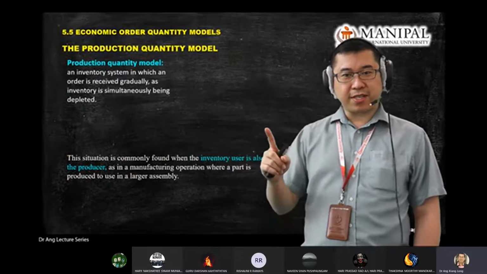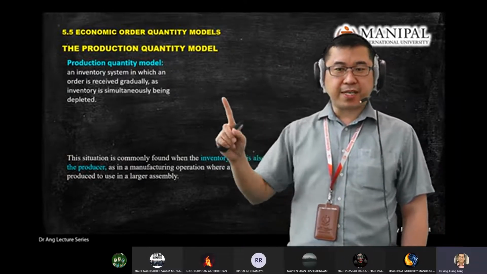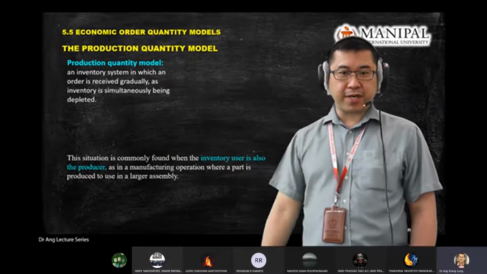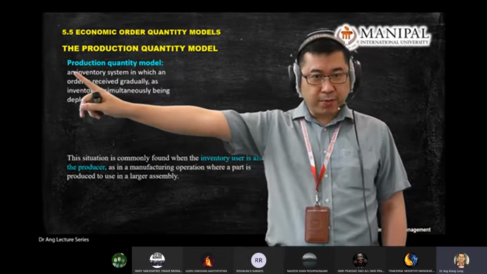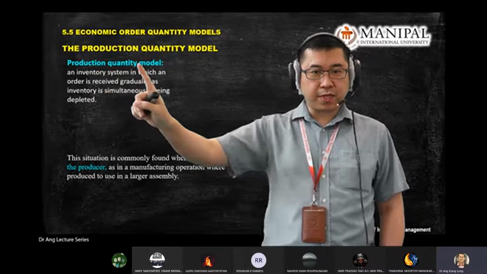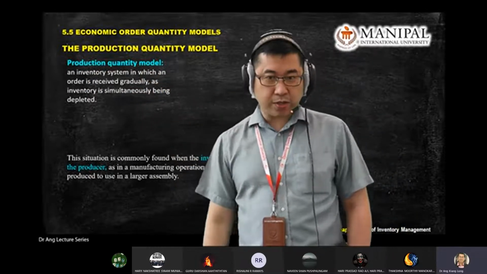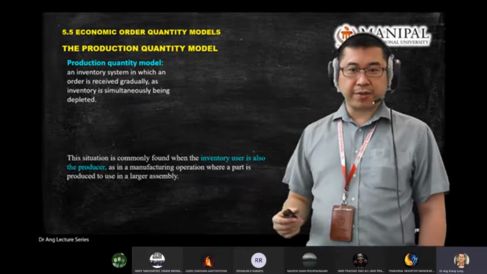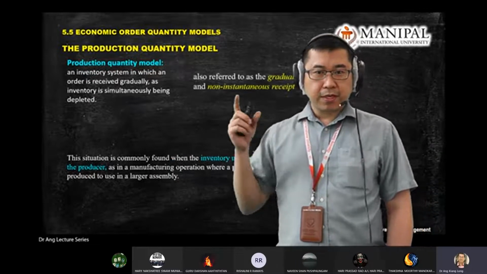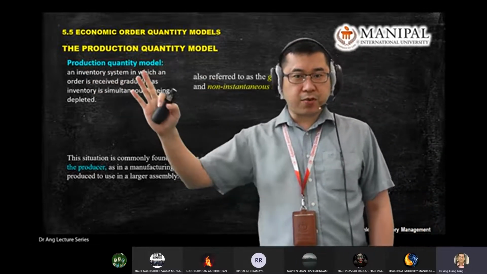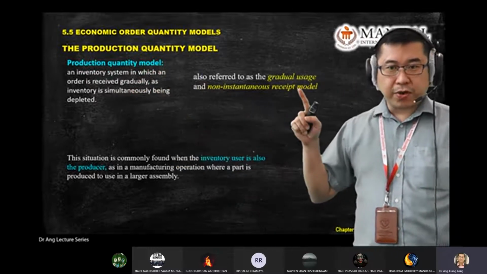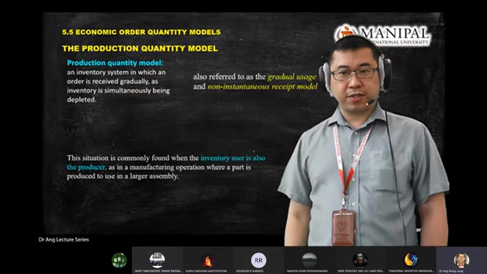That's why you see the graph in the basic one jump at a certain point. Today we look at another model called the production quantity model. We will keep on adding the orders into the inventory. Another name for production quantity model is gradual usage,